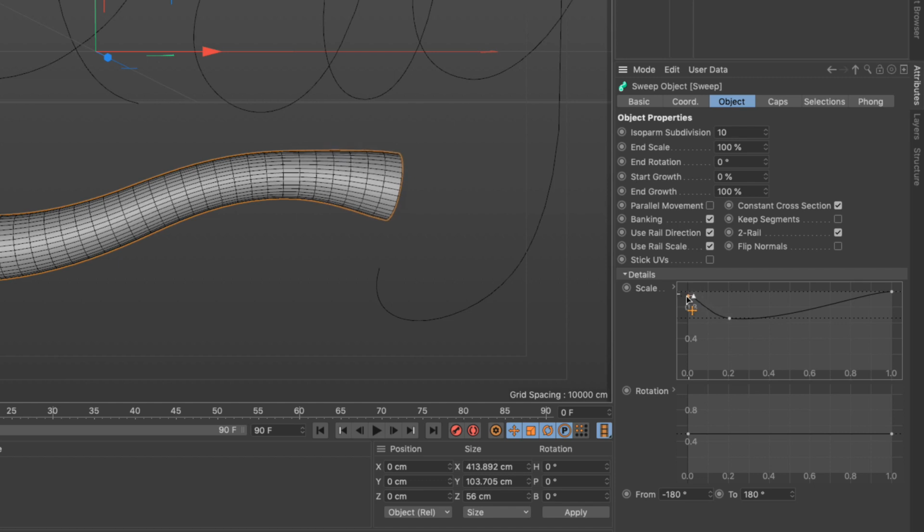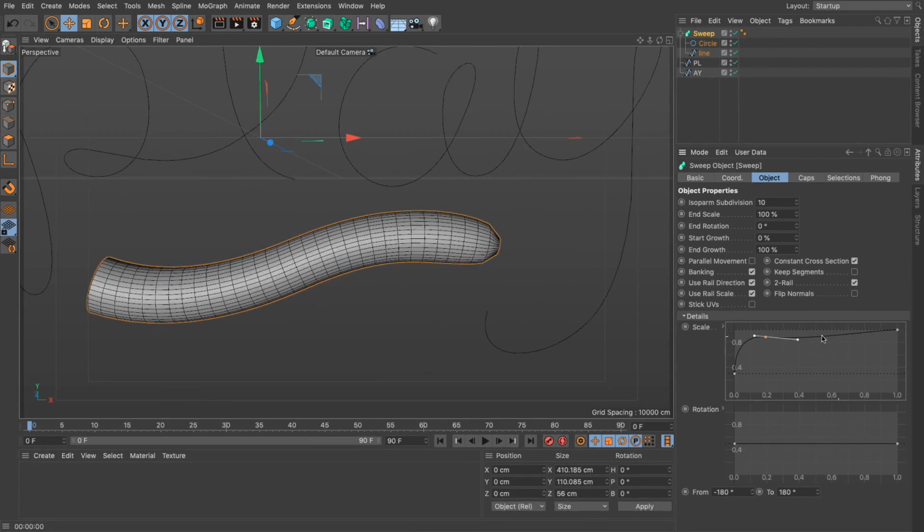Fantastic. So I can drag this down. I can grab this and pull it up. And you can see I'm creating that tapered shape. I'll pull this up a bit, and then I'm going to go to the end, make it a bit thinner. Command or Control click to add a point, bring this down, and do that. So now I've sculpted this spline to look any way I want.